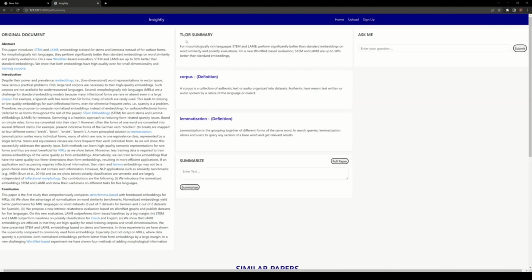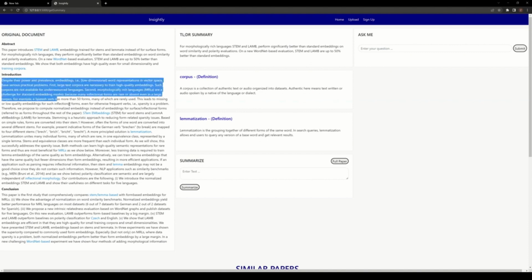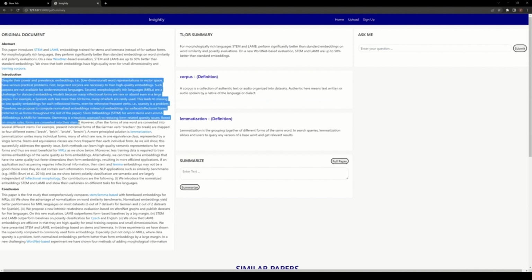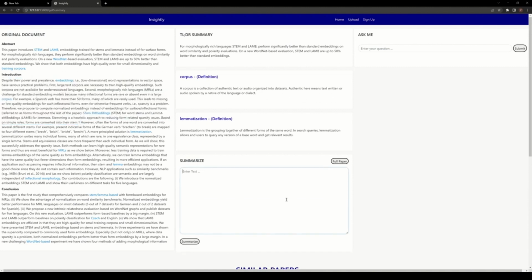Secondly, we provide our users the ability to get a TLDR summarization of the entire paper by merely clicking the full paper button in the summarizer component. However, if a user wishes to only summarize a specific segment of the paper, the user could simply copy the desired text from the left and paste it in the summarizer text box,